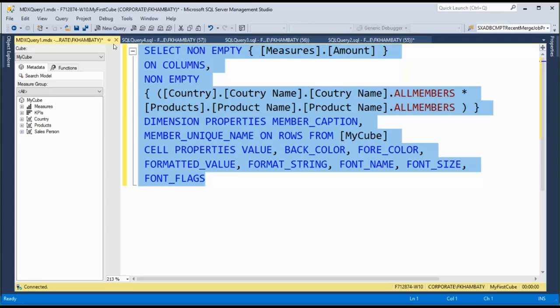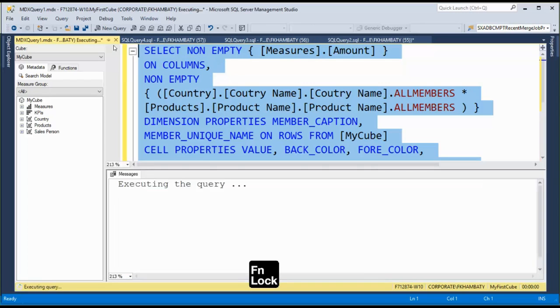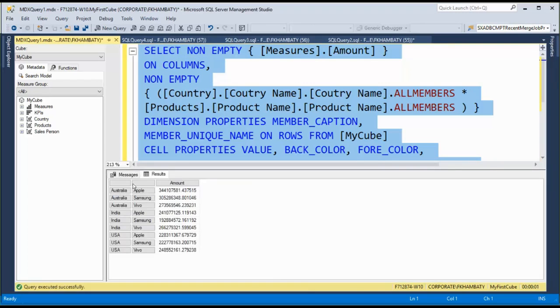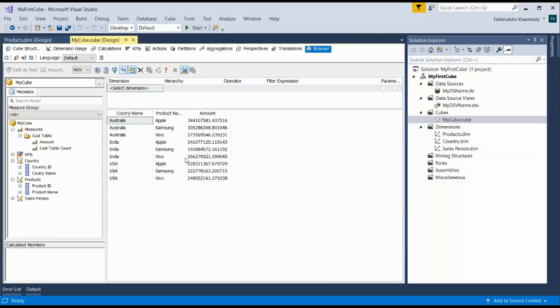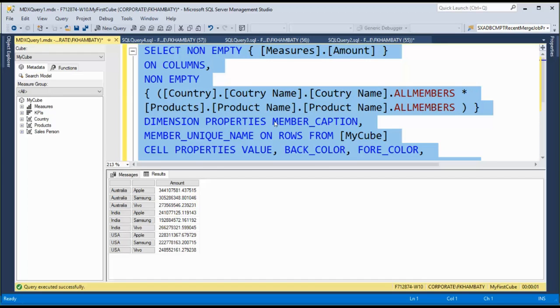And let us run this. See, it's giving exact data as you were looking in the cube, in the SSDT. So now you understand that the background query that is running is not SQL, it is MDX.